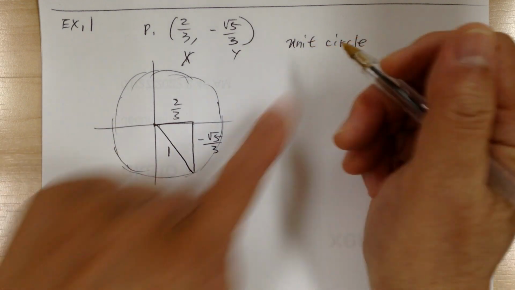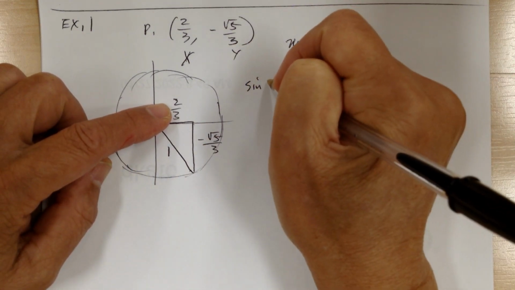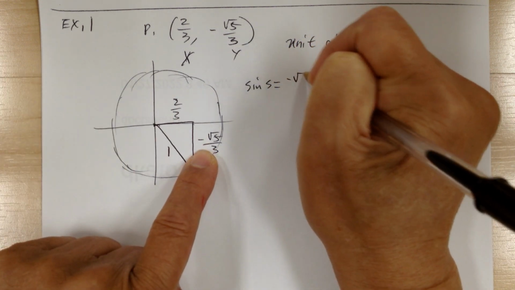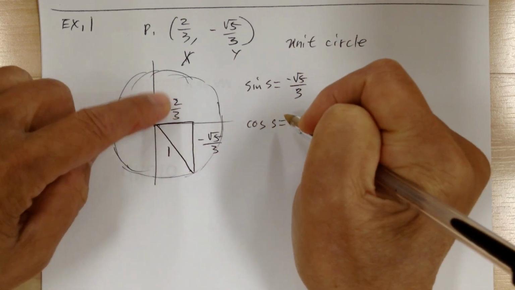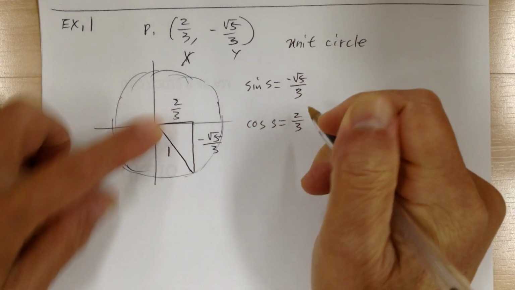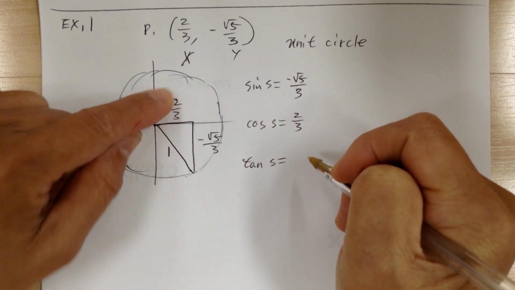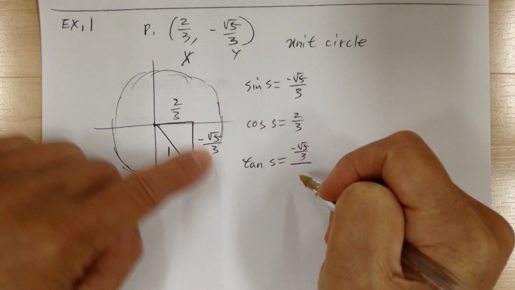Okay, so anyway, once you are in a circle, sine of S will equal, sine, remember, is vertical, so it would be negative square root of 5 over 3. Cosine is the horizontal, so 2 over 3. And tangent is the slope, so it would be this over that. So it would be negative square root of 5 over 3, so y over x, over